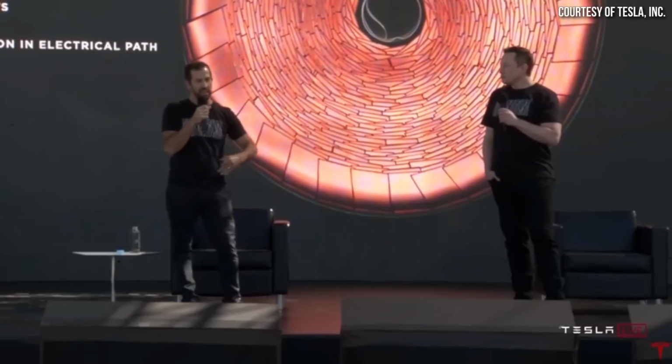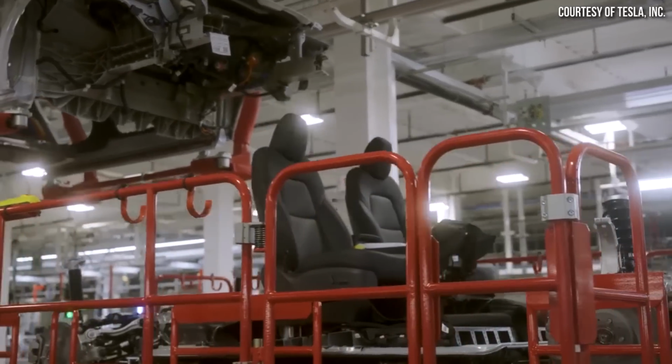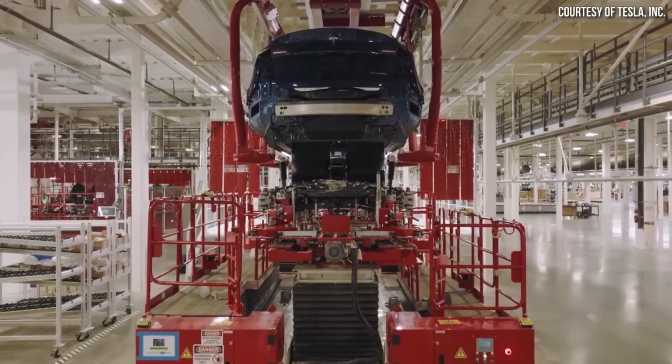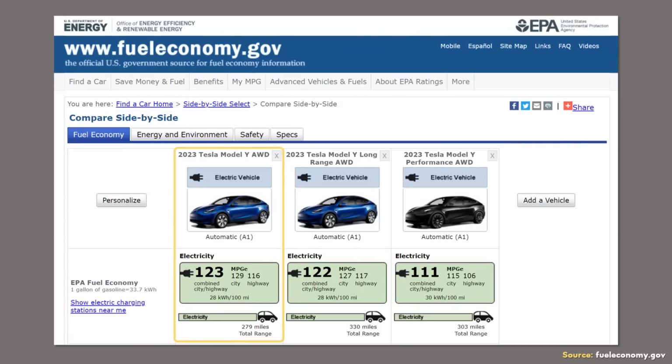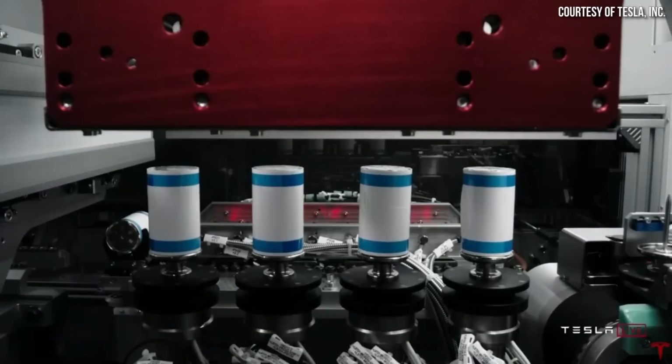At their Battery Day event back in 2020, Tesla claimed that their new 4680 battery cells would lead to a substantial range increase. However, the standard range all-wheel drive Model Y, which is equipped with 4680 batteries and a structural battery pack, only has an EPA-rated range of 279 miles, which is 51 miles less than the long-range all-wheel drive Model Y, which is the equivalent 2170 battery-equipped version, due to lower than expected energy density of these